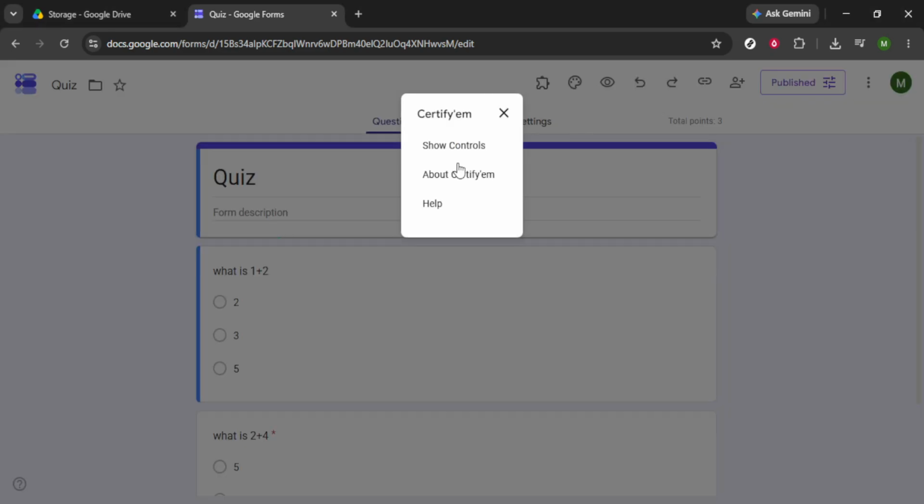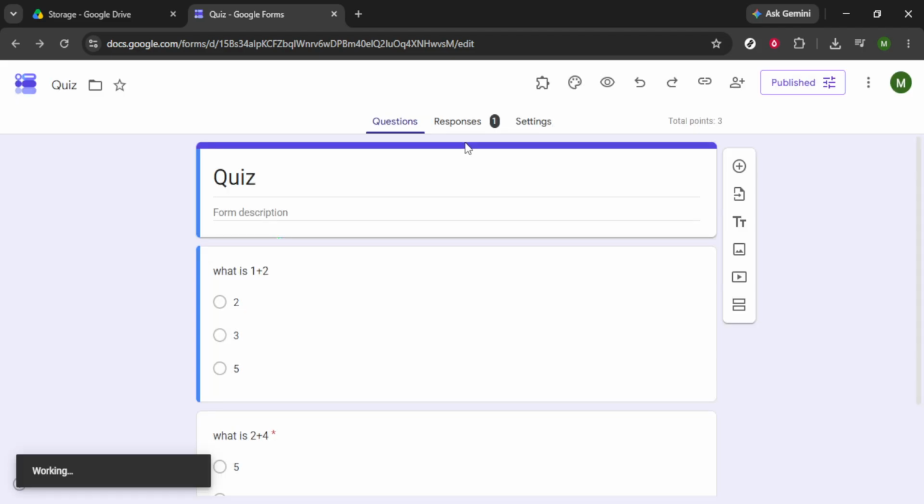Once your Certify setup is complete and you're happy with how everything looks, you're ready to distribute the form. Send the form link to your students or participants, and the beauty of this